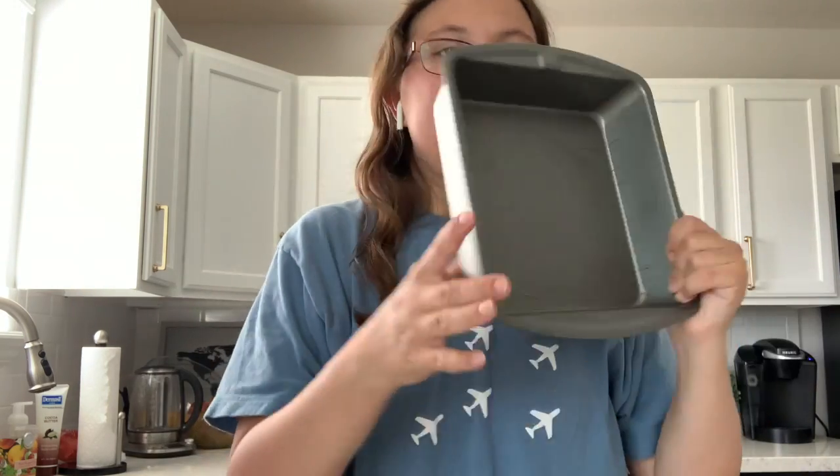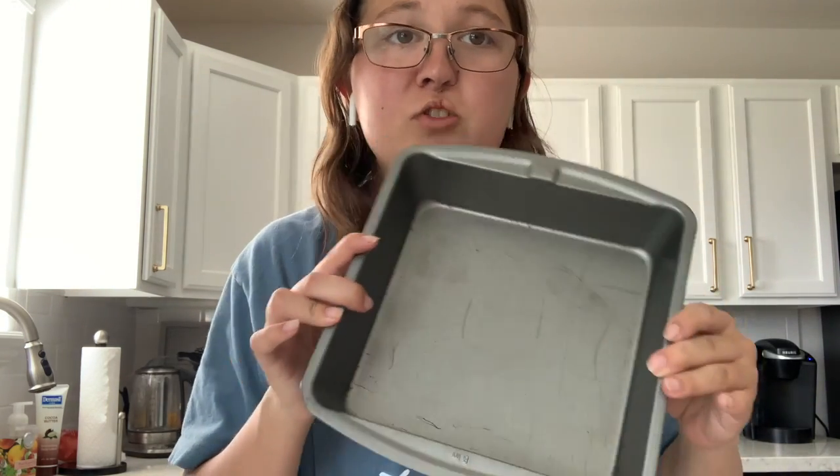Depending on the size or amount that you have made, you have a couple options to decide where you want to place it for this last step. The last step to make it fudge is putting it in a container and then popping it into the freezer for about 30 minutes to over an hour or overnight. And so I have 2 containers. You can put it in a regular pan like this,